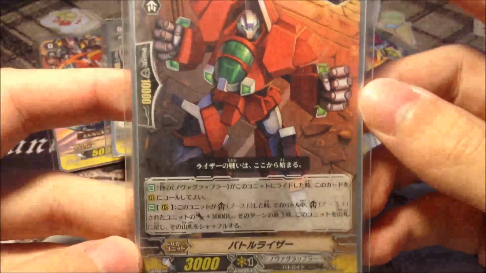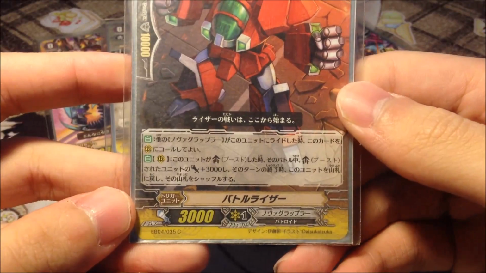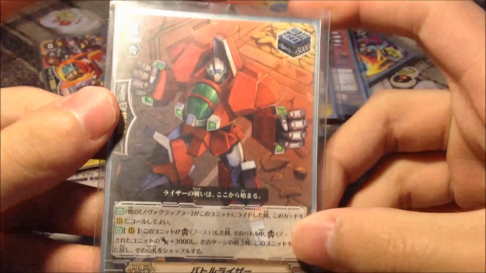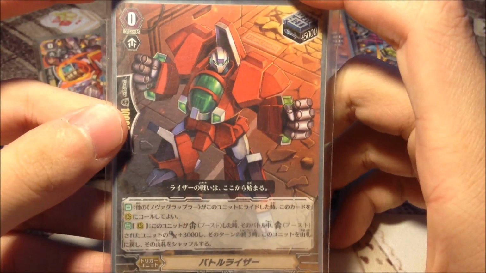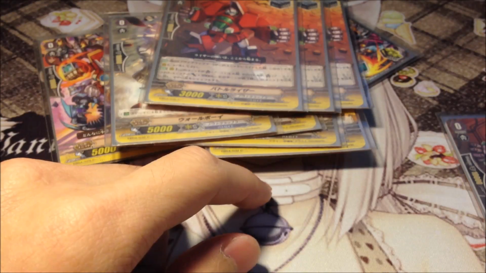The starter we play here is Battle Raizer, because when this unit boosts, he gains an additional 3k, however at the end step, you have to shuffle it back to your deck. So basically he powers up most of your Raizer units, and of course, during early game, when you're opening hand, you have to really decide whether you want to pioneer him out. For example,